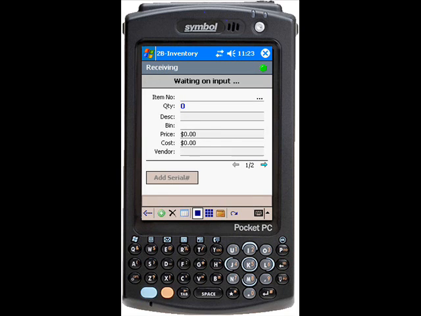2B-Inventory makes receiving simple. Receive against purchase orders and transfers. 2B-Inventory includes auto PO reconciliation. Therefore, you can receive all your items and 2B-Inventory will reconcile them with your open POs. If an item is associated with more than one PO, you'll be prompted to choose which purchase order you would